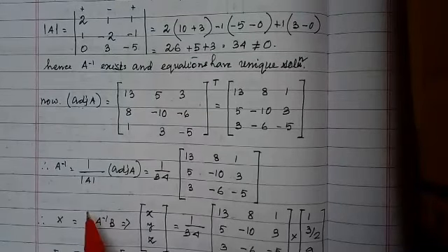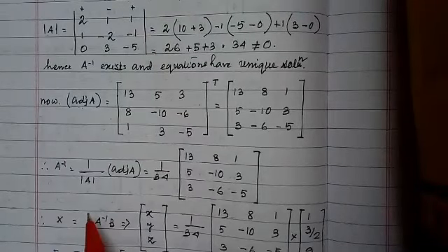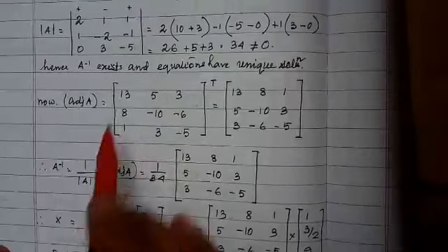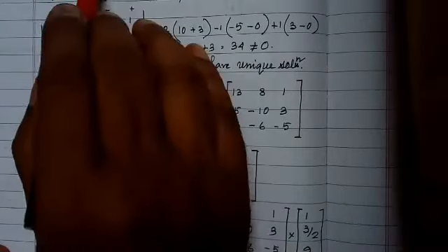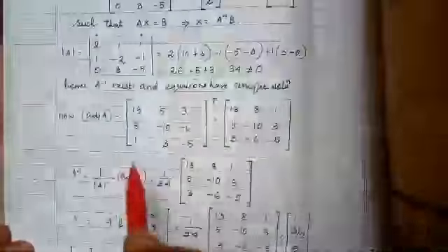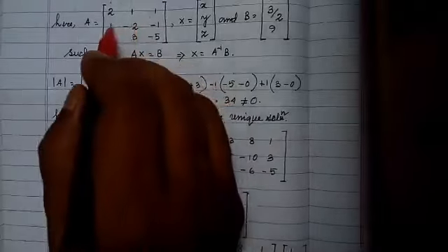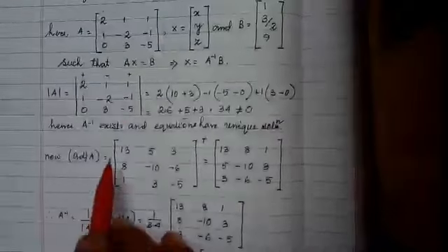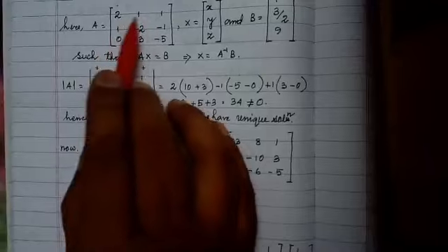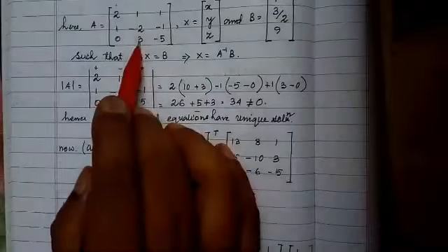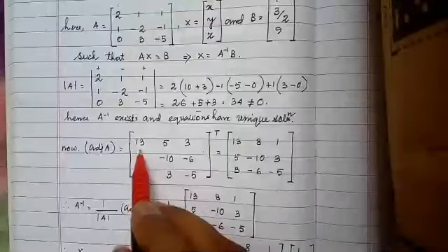How to calculate the cofactors? This is already taught in my previous videos. Again I am telling you, suppose for 2, leave this row, leave this column. Sign changes alternately: plus, minus, plus, minus, plus, minus, plus, minus, plus, like this alternately. So this is 2. Leave this row, leave this column. So minus 5 into minus 2, 10. Minus of minus 3, that is 13.